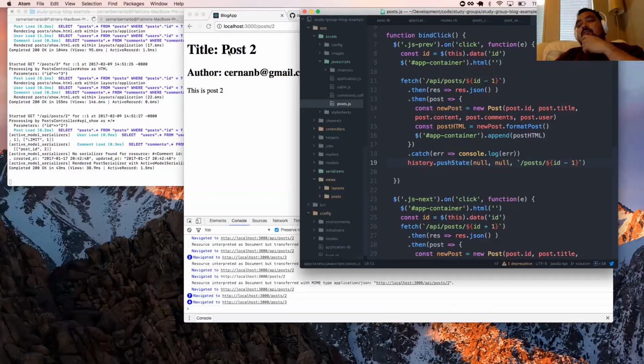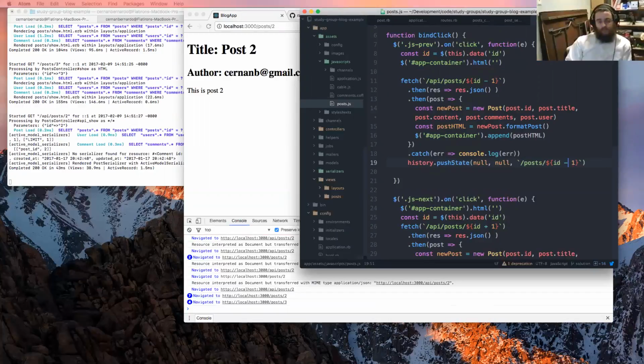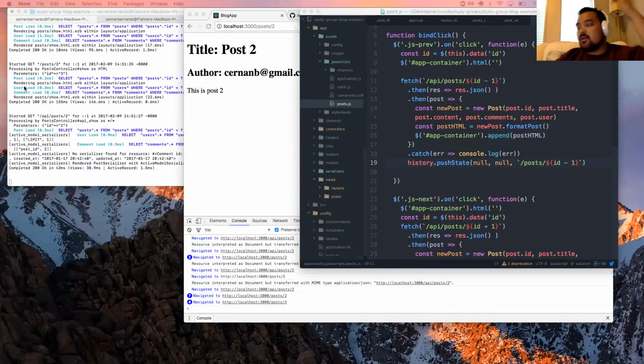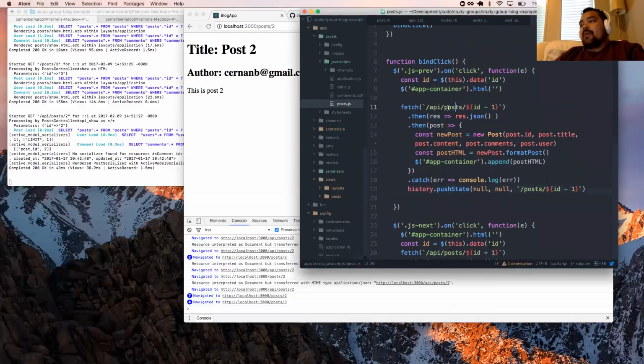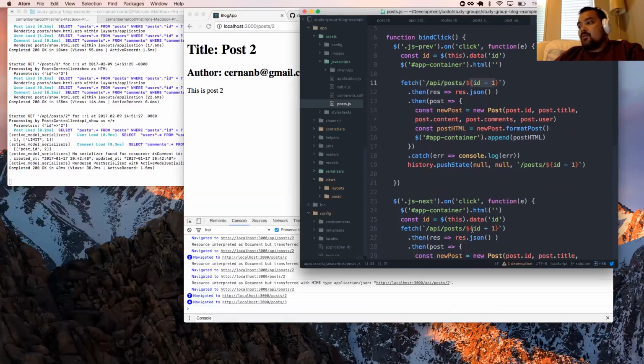So what's a problem with this particular format? You could think of one. If the next or previous ID doesn't have a post. Yeah, let's say I deleted a particular post. So we'd need to update the functionality of the app so that I'm not making an API call to either the previous ID or the next ID. I'd want to create a new route that maybe is titled